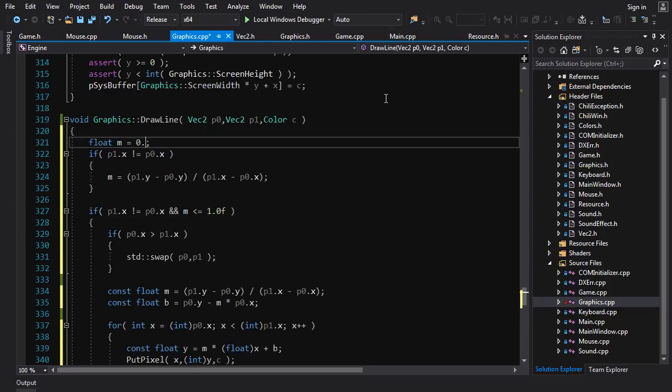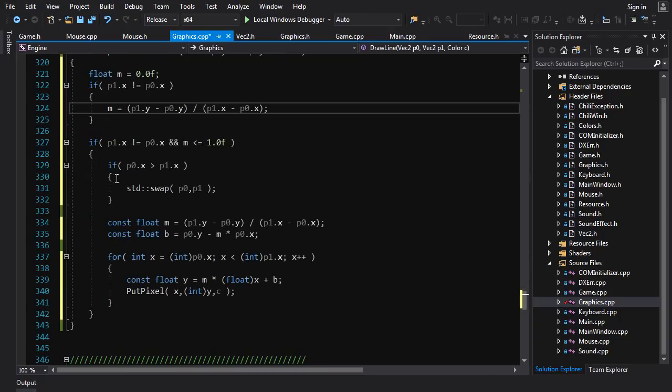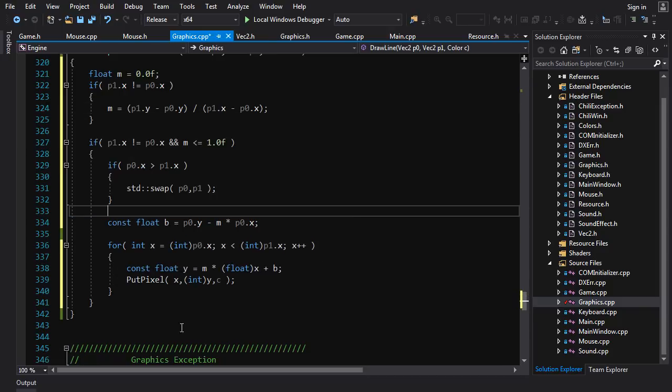Let's just give this one a default value. The compiler will probably like that better. So we calculate our m here. If it's not completely vertical, this will tell us if we have a horizontal line. If so, we can proceed as normal. We don't need to calculate m here again because we already have it. So we just calculate B, we swap if necessary, calculate B, and then go along our merry way. Now,